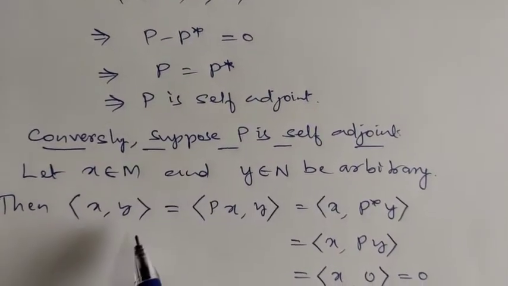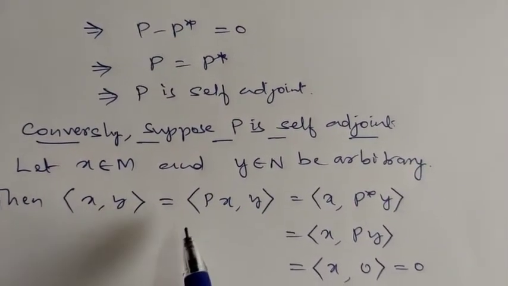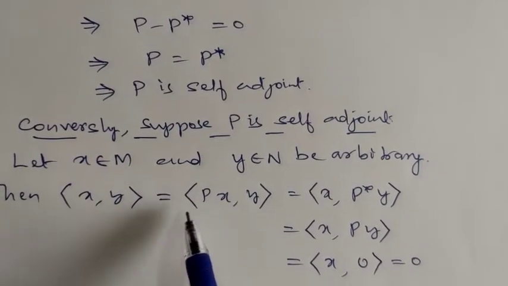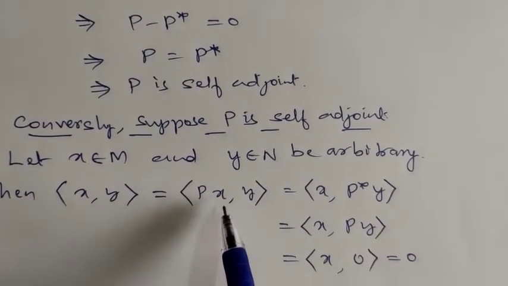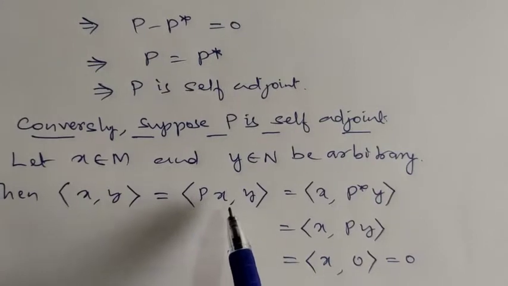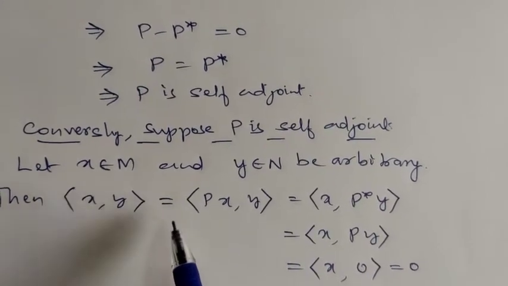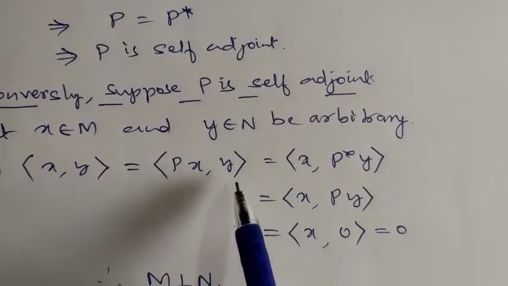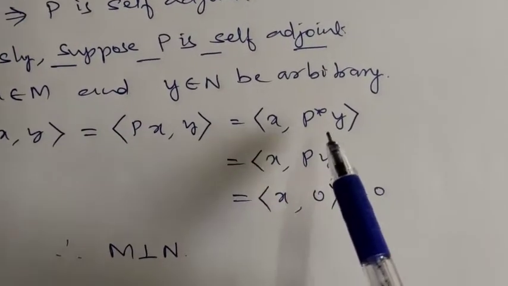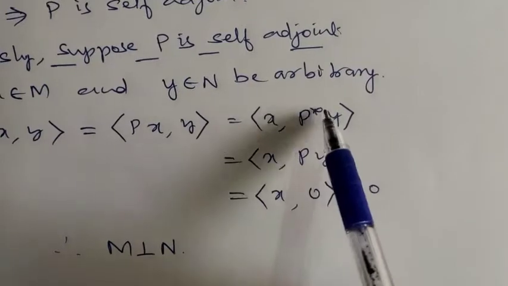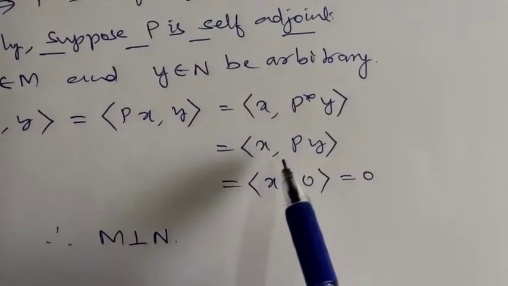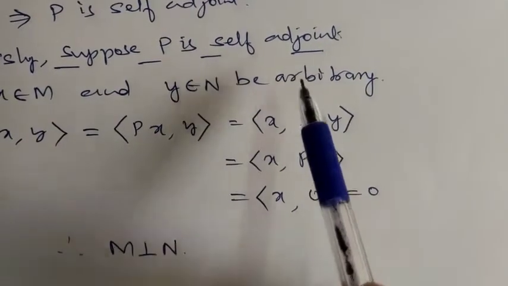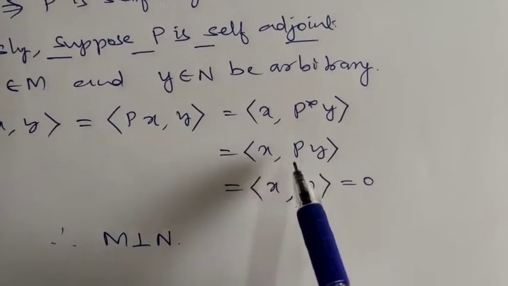Then inner product of x comma y is equal to inner product of, I can write, P of x comma y, because M is the range space, which means P of x is equal to x itself. So this is equal to P of x comma y, that's equal to x comma P star of y. So P is transferred to the right hand side term. So this is equal to x comma, since P is self-adjoint, P star is same as P, therefore x comma